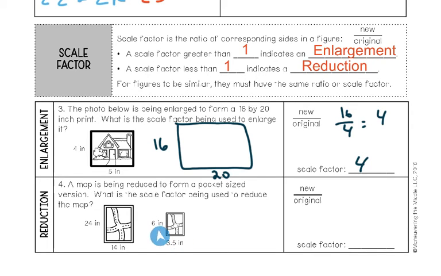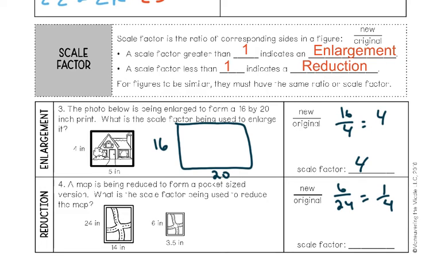You take the new image and take the side length divided by the side length of its corresponding side. So 6 over 24 would be what we can find our scale factor with. 6 over 24 is 1/4. It's supposed to be a fraction that's less than 1,